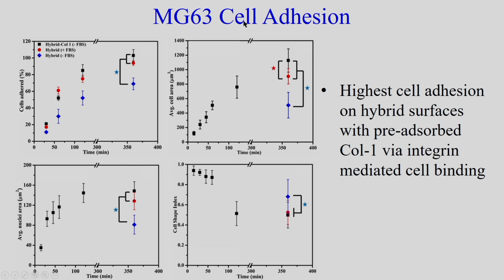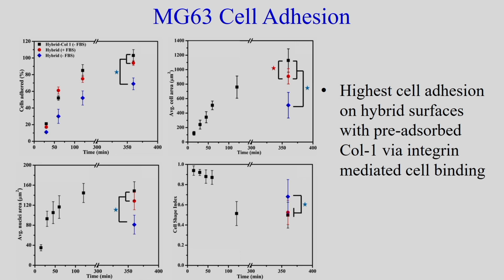So, here is the adhesion of Mg63 cells. The first thing it shows, again, is that with an increase in time, as expected, the number of cells is increasing. Here we have three cases. One case was the hybrid surface pre-adsorbed with collagen. Second case, the hybrid surface where the media contained FBS, fetal bovine serum, a protein supplemented in the